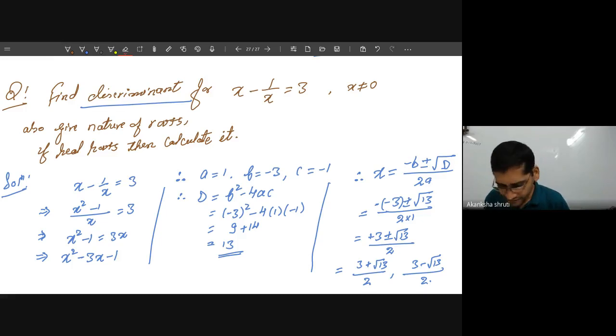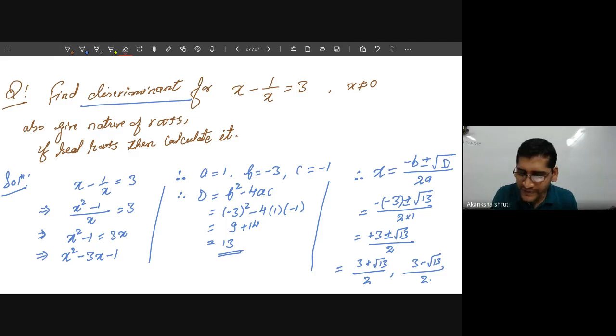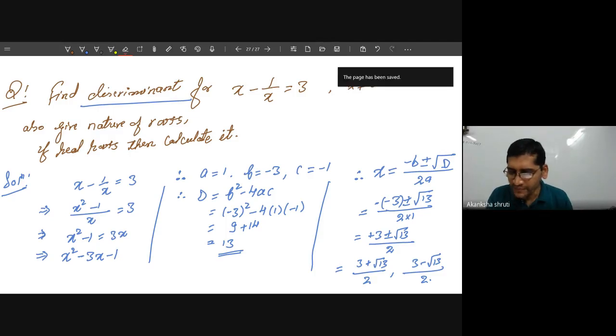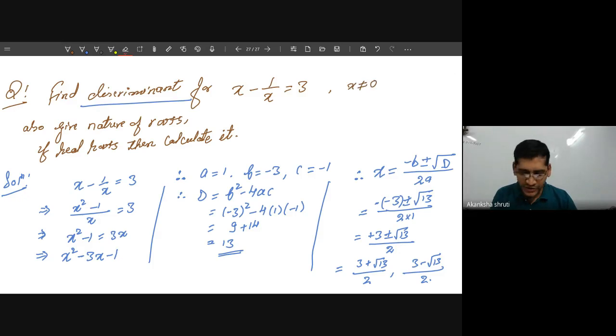Is it okay now? So student, the questions are very simple. Questions are not difficult. This quadratic equation is a very simple, very easy chapter. You have to build a little confidence. You have to understand these simplifications. It was about this. Now let us go for the previous year questions and questions from your textbook.